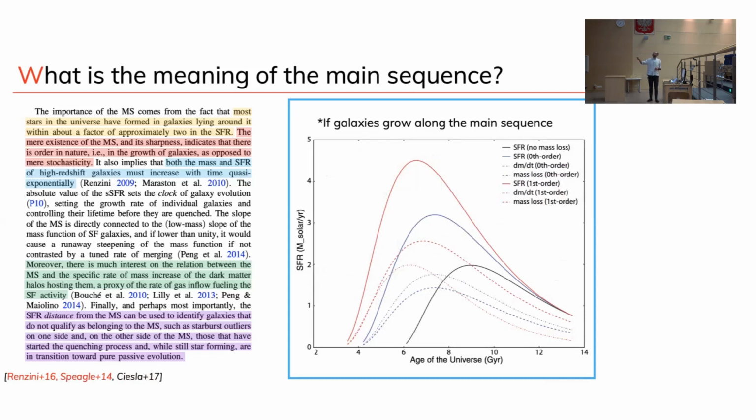These are different lines here, depending on a series of corrections, most notably how much mass loss you have. Not all the stars you form remain stars for a very long time, the return function. But in general, the shape is that you have something that increases and then declines. And actually, this shape is also pretty much consistent with what you would determine in a cosmic average sense with those plots that I was showing you before.